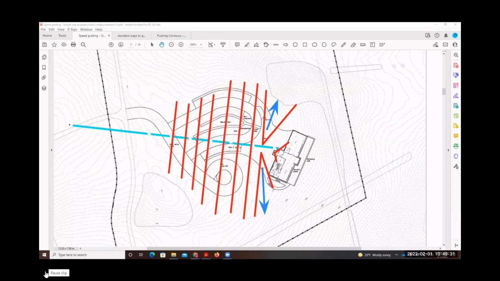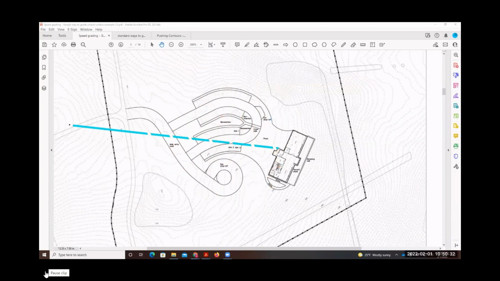That means that we have a 2% slope going this direction. We have a 2% slope going this direction. And then we have a swale. You with me? So all we're doing now is we're saying, all right, Stuart, that's what happens if we run them straight across. What would happen if we ran them